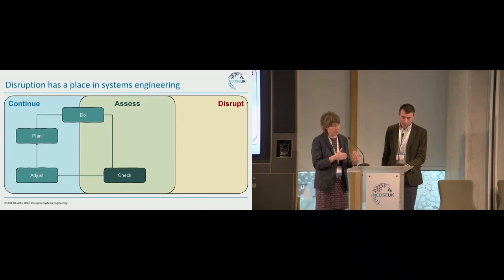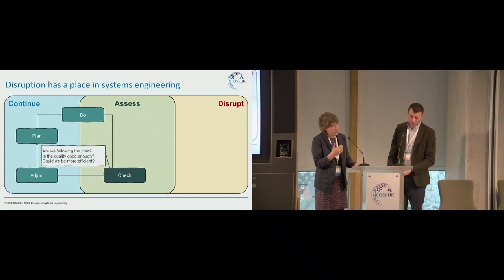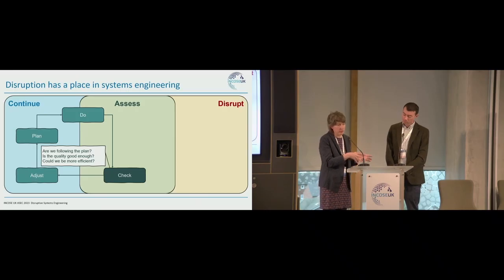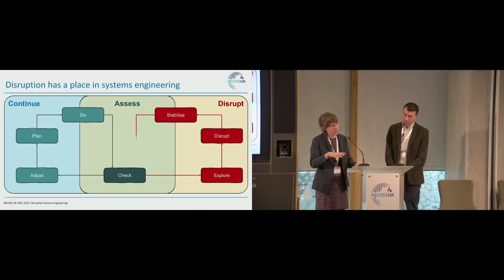In something like the typical check, adjust, plan, do cycle. So here, we're checking, are we following the plan? Is the quality good enough? Could we be more efficient? These are all things that can be addressed by making small-scale refinements and evolving the way that we're approaching the problem. But we also can imagine a disruptor loop